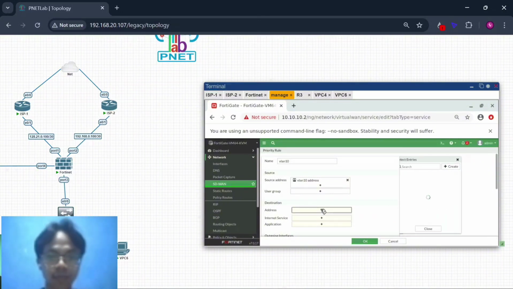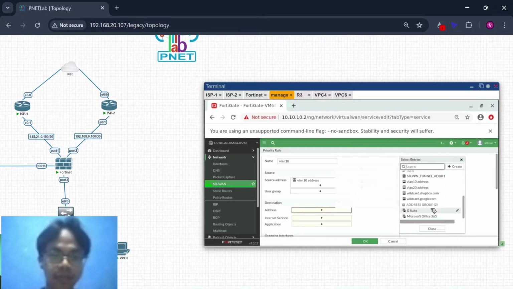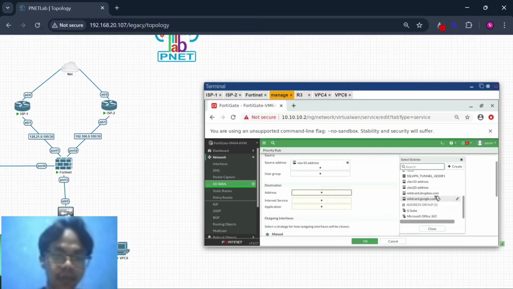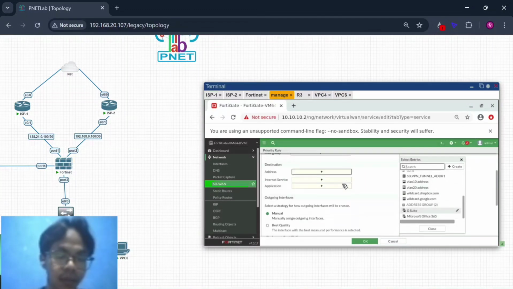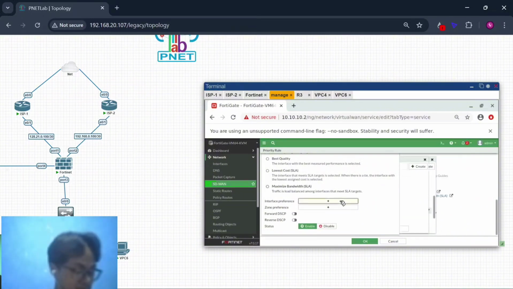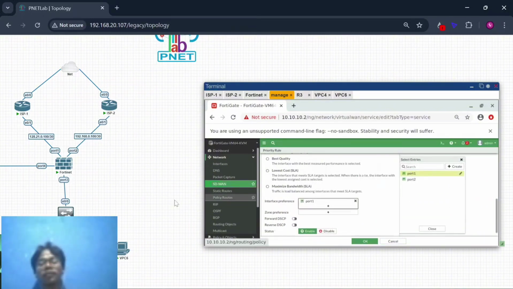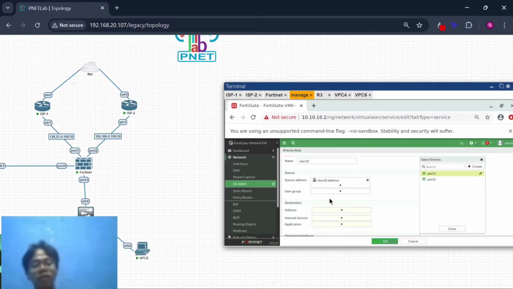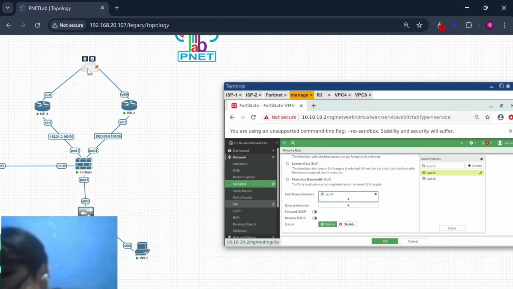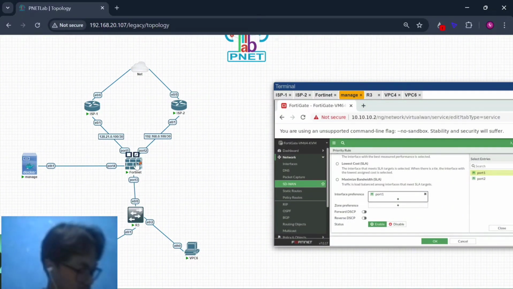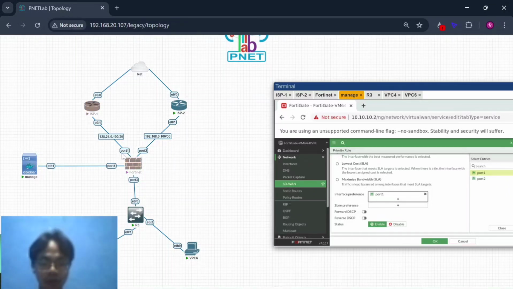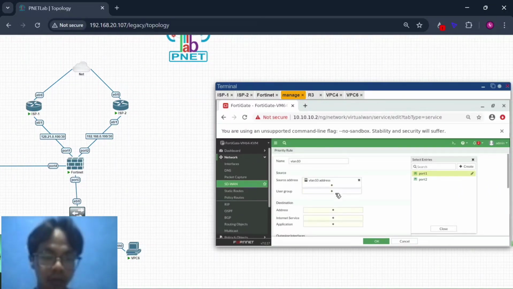Oh, this is interface preference. Yeah, this is port 1. So for VLAN 10, going to the internet from this SP1, so outgoing traffic from port 1 here, and this is manual.